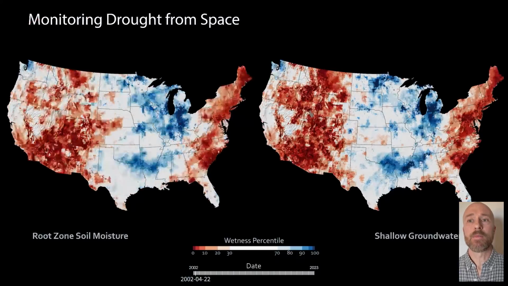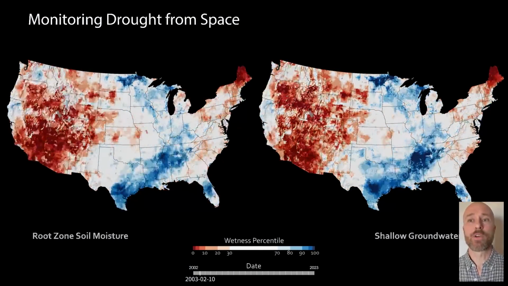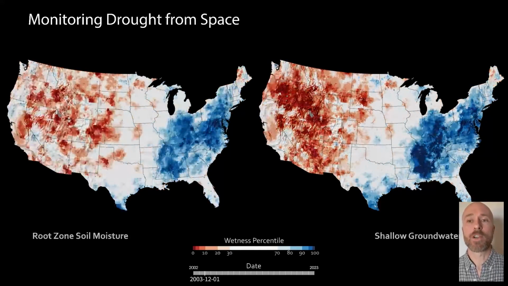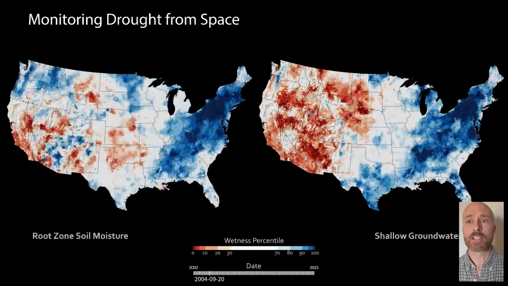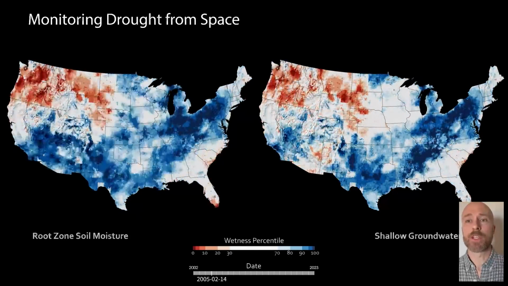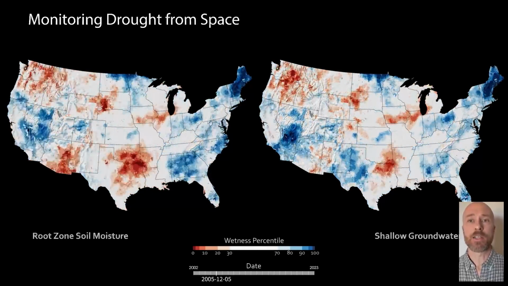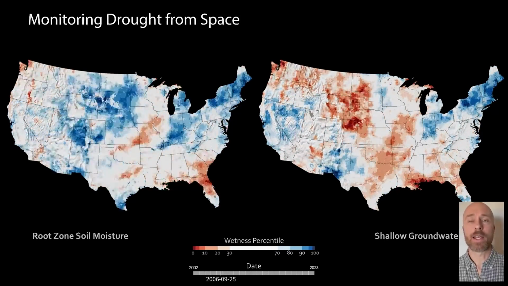When we do that, we get maps like what are shown here. The left shows the root zone soil moisture, and right shows shallow groundwater, and these are animated over time. And what we're showing has been converted to a wetness percentile. What that means is that each location, if you're in the second percentile, which is the darkest red, that means